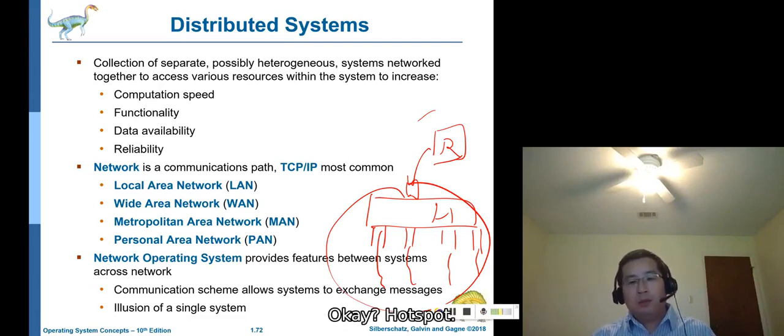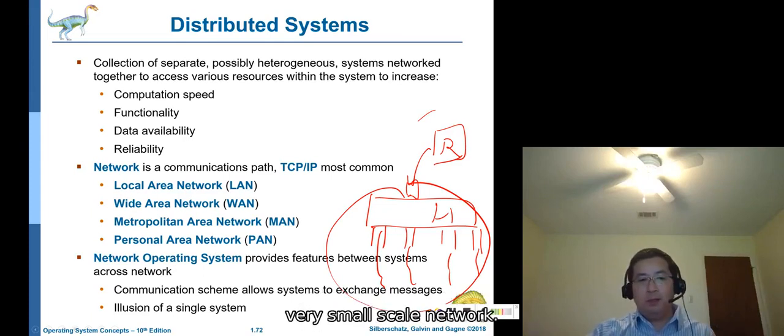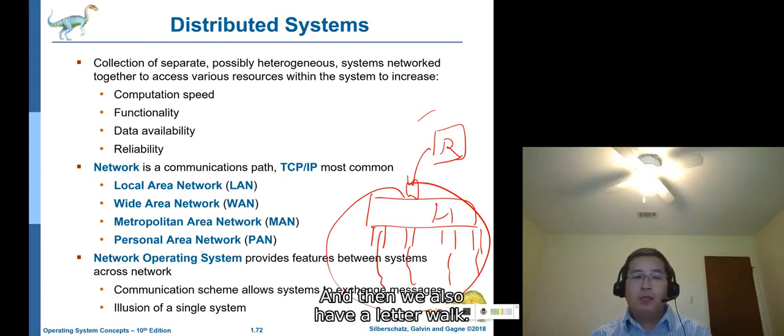Okay, hotspot like these things. So that means you just construct a very small scale network. And then we also have a network operating system. So this network operating system will be used to